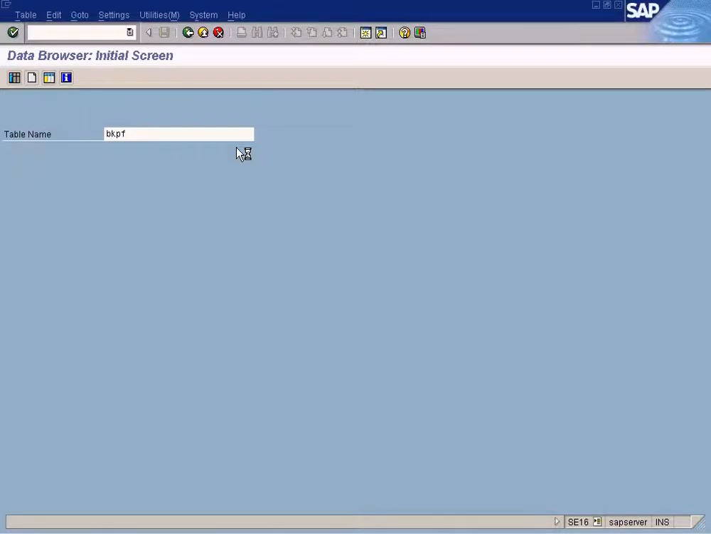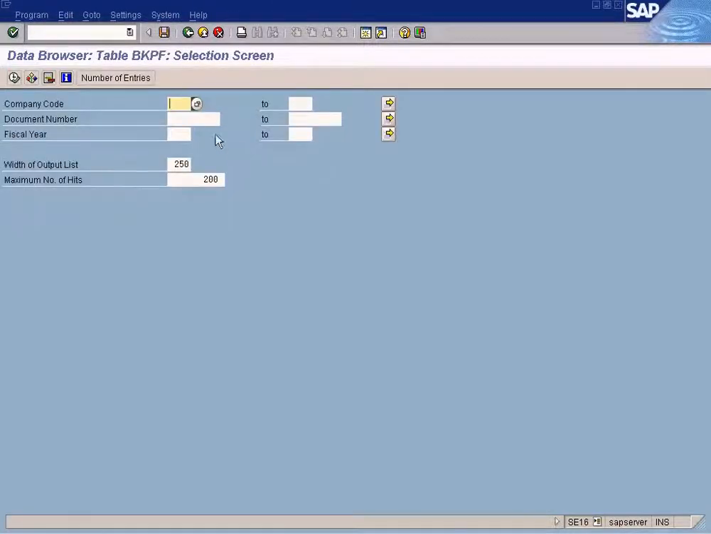Okay, you can see a selection screen. The selection screen is always restricted to a few important fields, which are company code, document number, and fiscal year. The reason is that although the list of fields available in BKPF is long, not all the fields are required to select a particular record from this BKPF table. Before we go and see the values for the BKPF table,